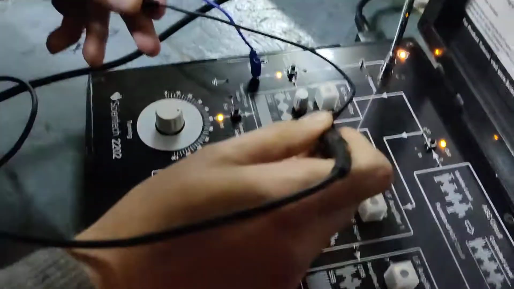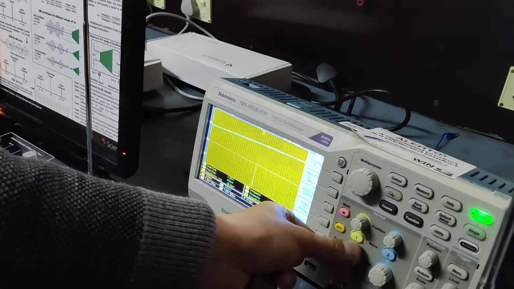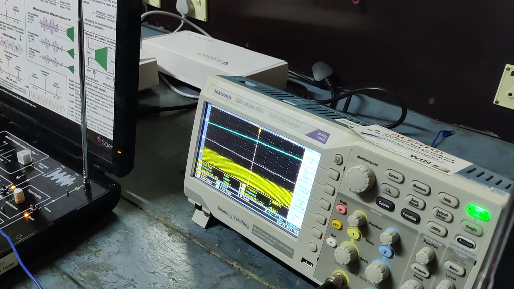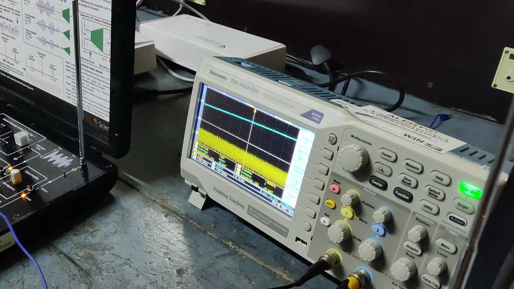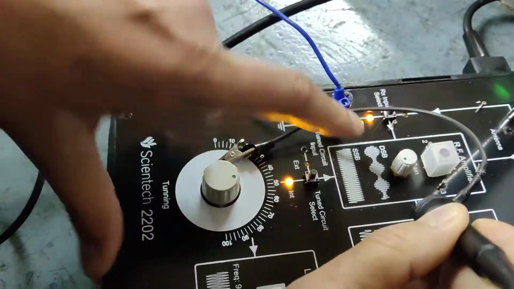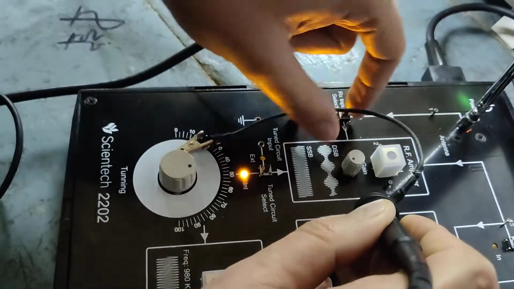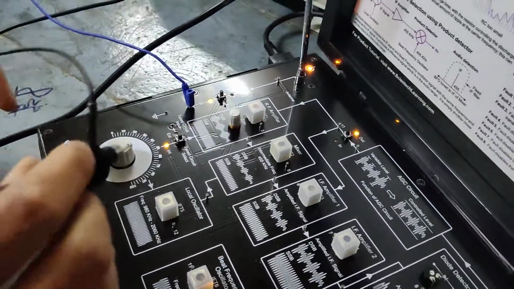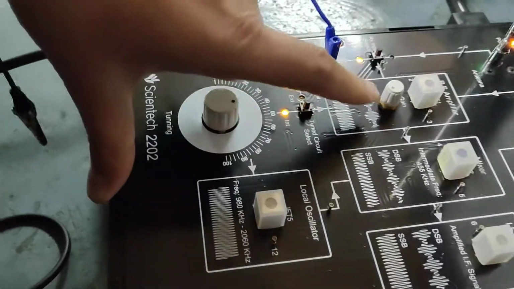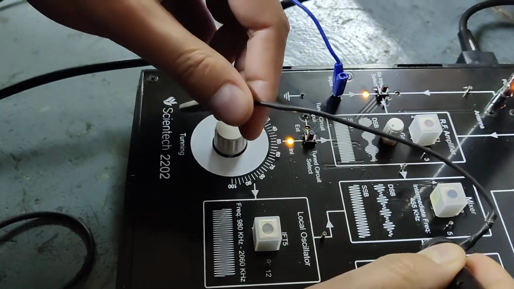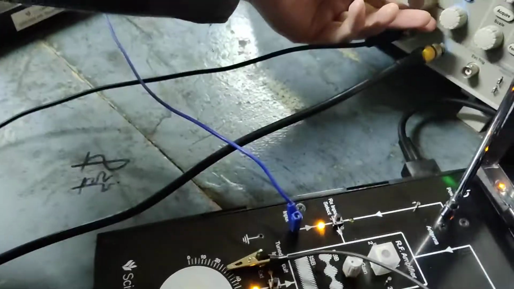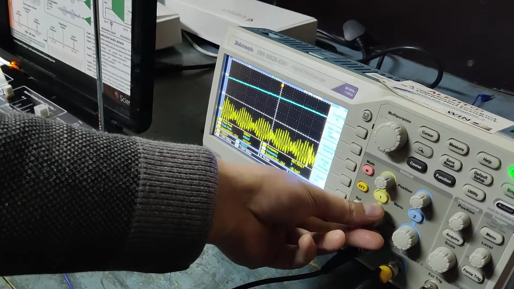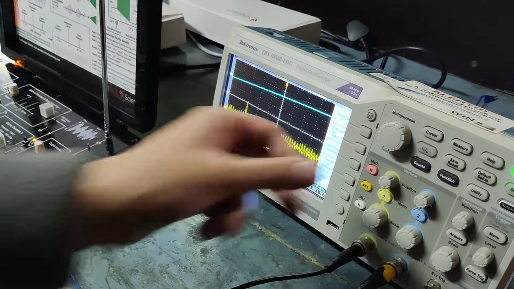So we can see here the RF output wave can be visualized on the oscilloscope, where we have to make some slight adjustment to visualize this RF input. Fine. Now this is the RF input, and this is the RF amplifier which has amplified the input signal, and then this is given to a mixer. This mixer, we can see, is fed by a local oscillator and this RF output, and here we can visualize the effect of this particular RF signal. Fine. Here we have to make some slight adjustment to see.